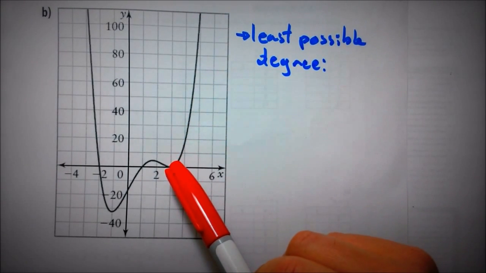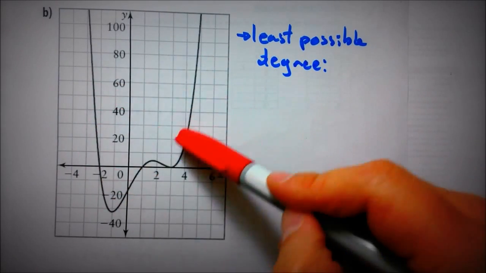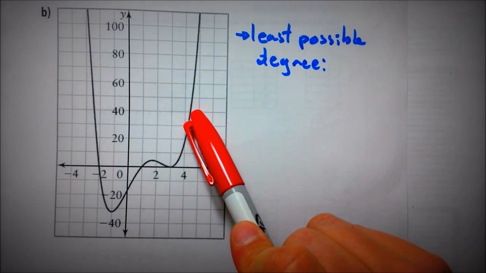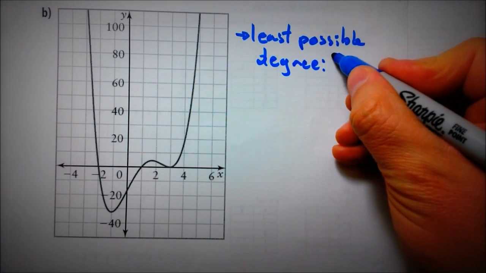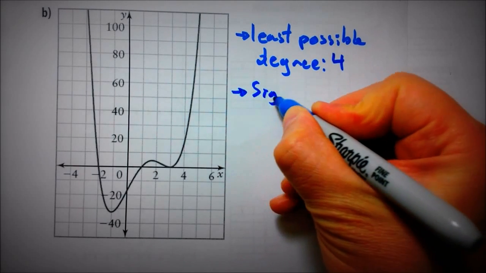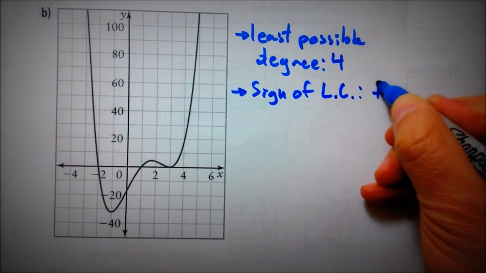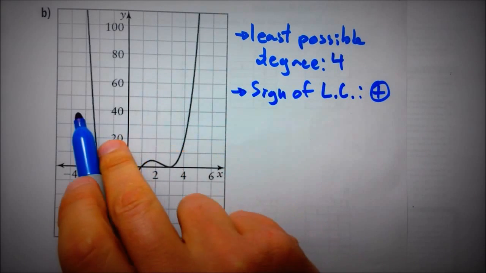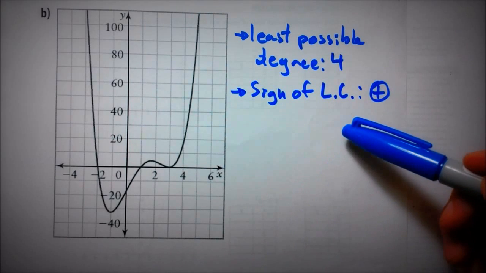We know that it doesn't have a degree of 2 because we know how a quadratic function looks. It normally looks like a u. However, we know that this is an even function because it starts at quadrant 2 and ends at quadrant 1. So the least possible degree is 4. We also know that the sign of the leading coefficient in this case is going to be positive, right? It's moving from quadrant 2 to quadrant 1, pardon. So it's positive.